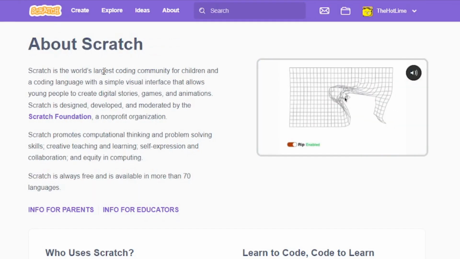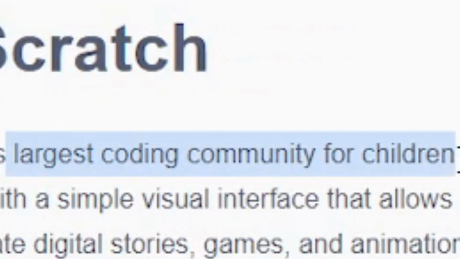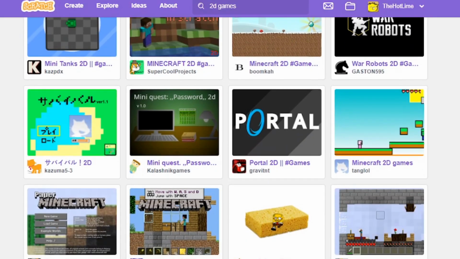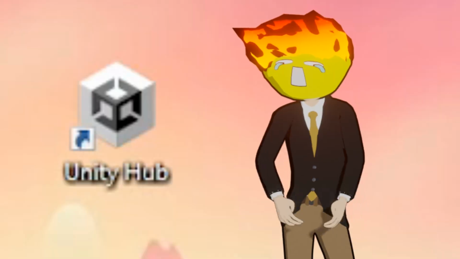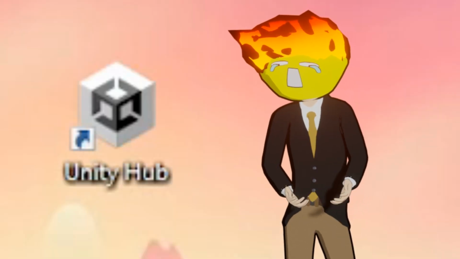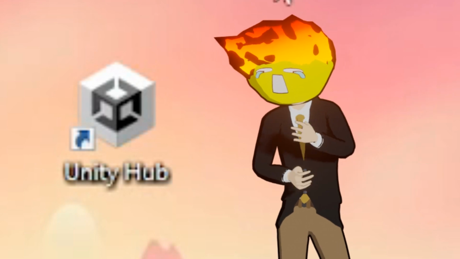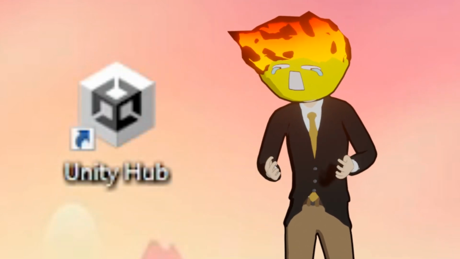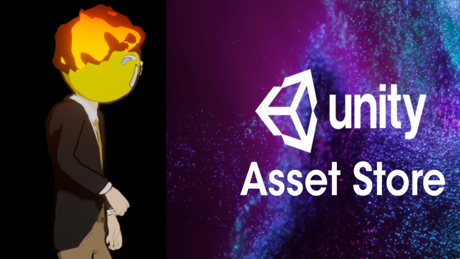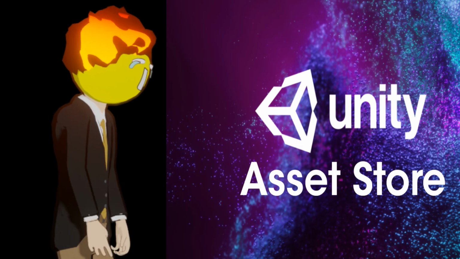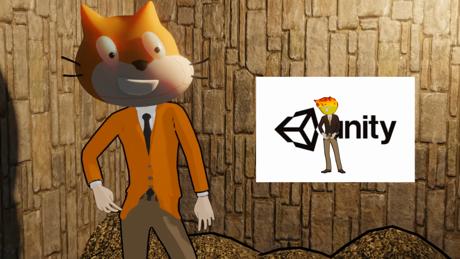Why did I choose to make a game on a literal children's engine that is only made for 2D games? I mean, it doesn't make sense. I should have just used Unity. It is made for 3D games. I literally have used Unity in the past and I know how to use it. Why would I even think going on Scratch for a 3D game is a good idea at all? I mean, Unity has an asset store and has so many good